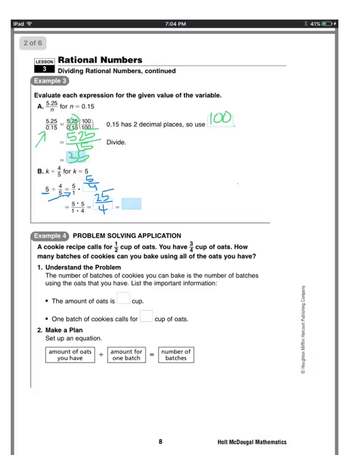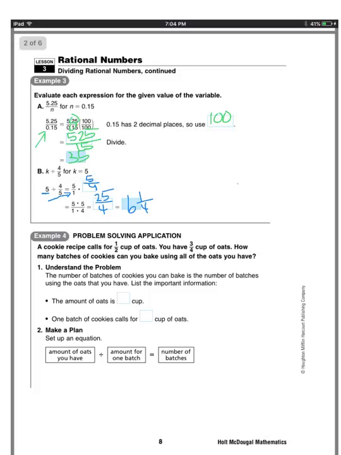And then we're going to change that to a mixed number. 4 goes into 25 6 times. 6 times 4 is 24. 25 minus 24 is 1 over 4. Okay. Next problem we got here